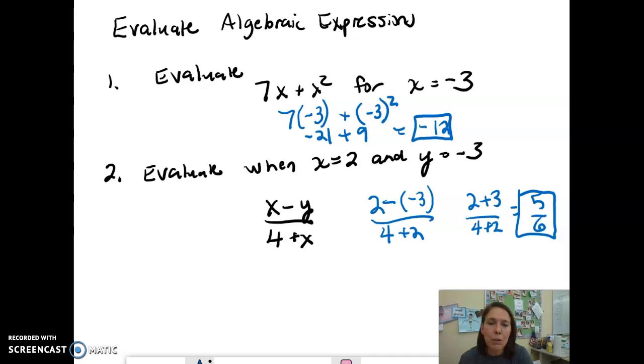So I hope both of these examples, which are the same expression as on your blue review, help to clarify any questions that you might have. If you do have more questions, then bring them to class, whether you're Zooming with me or whether you're in class, and